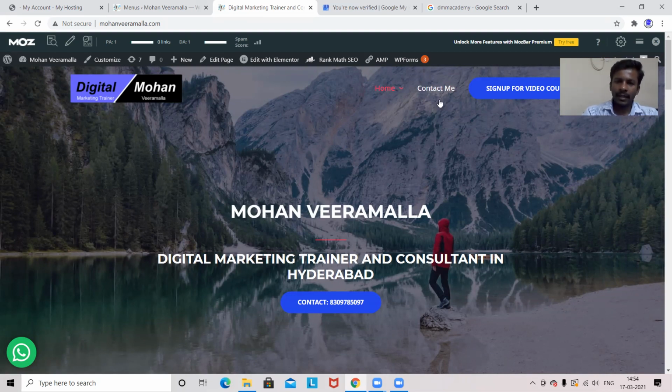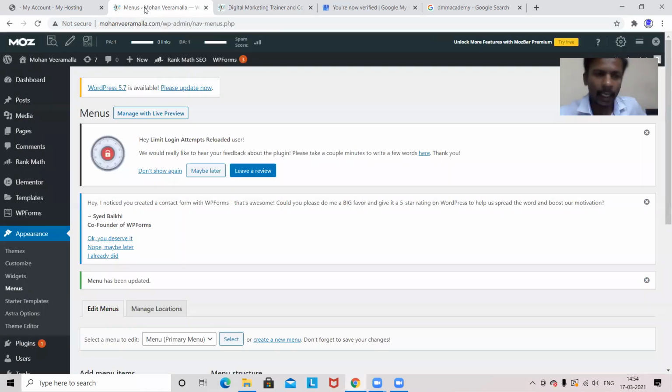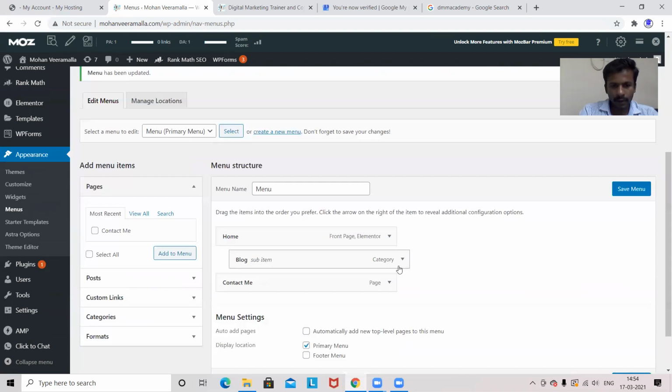So if I change this to black, then obviously it will not look good on the home page, but it will look good on this submenu. So by default, the theme is not that good, which I was expecting. Okay, so scroll down here, simply make it a direct menu and save.